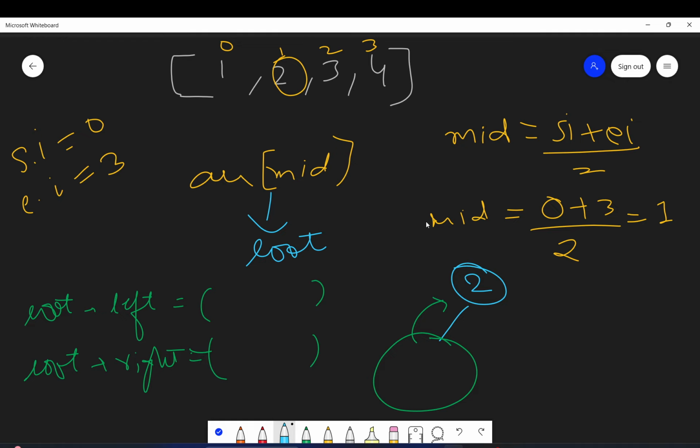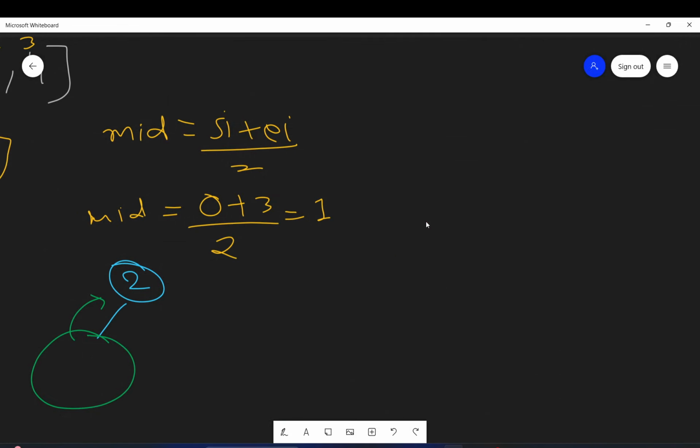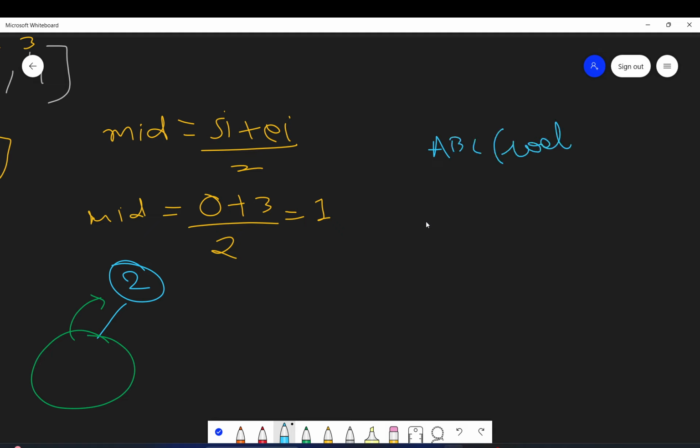let's say my function is something like this. Let's say ABC is the name of the function, wherein I pass the root, the start index, and the end index. Okay, so this is my function. I calculate the root value. Let's say I will not get the root here, we will get the array. So we find out the root by using ARR of mid.